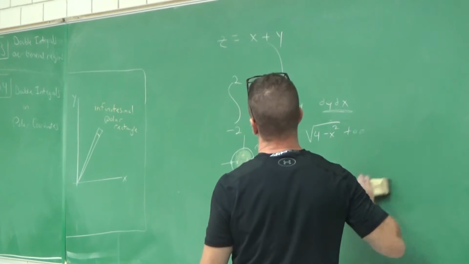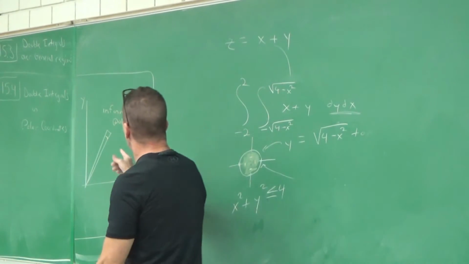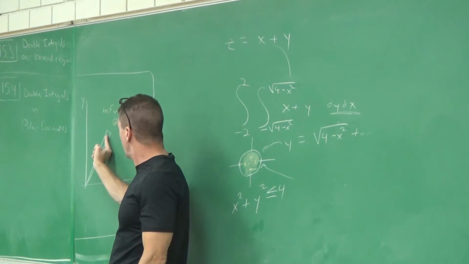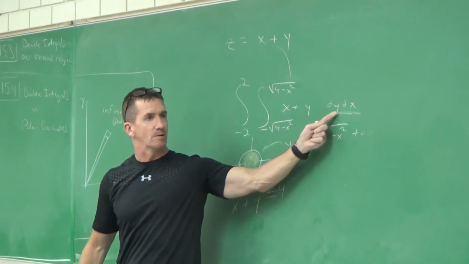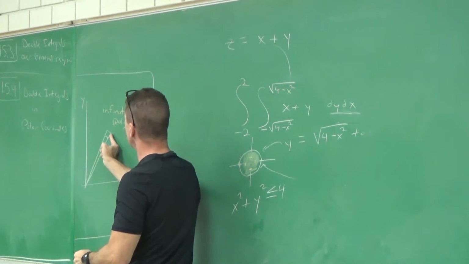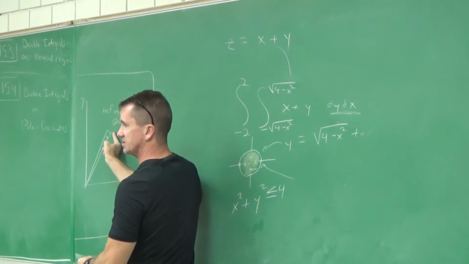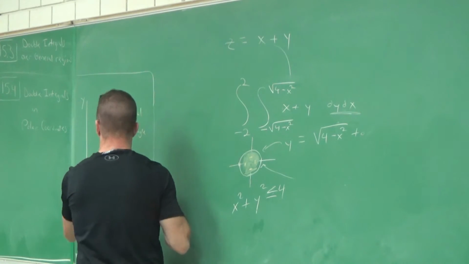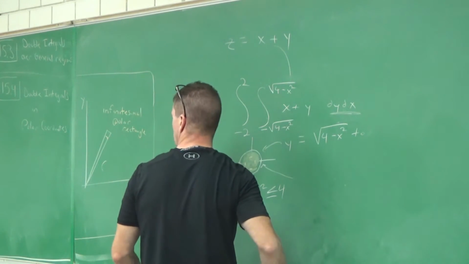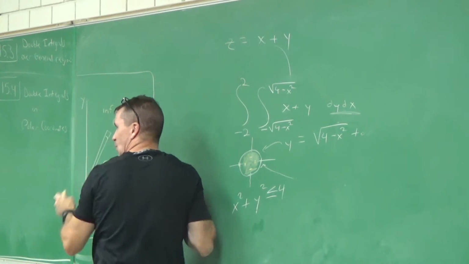Cool, we get this out of the way, and we can come back to this. You and I had to derive what in the heck we're going to replace dx dy with. So if we go polar coordinates, everyone, this is called an infinitesimal polar rectangle. This from here to here is the radius. So when you see my infinitesimal polar rectangle, that little tiny rectangle right there, we've got to figure out